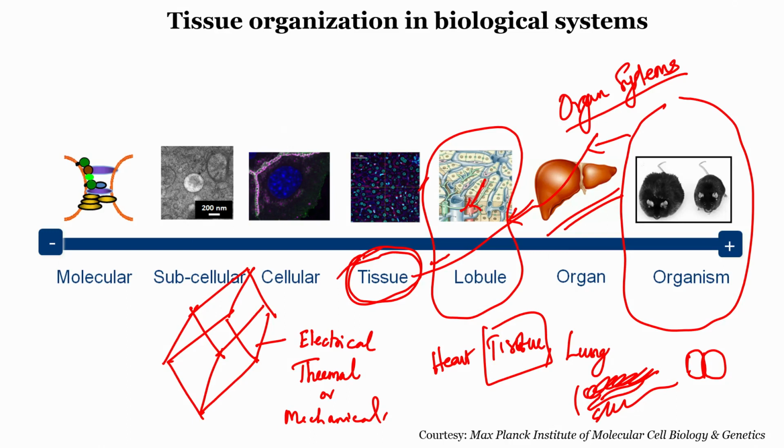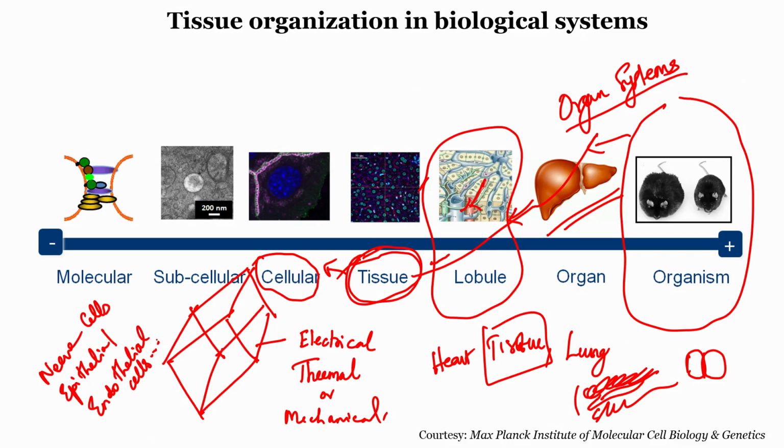Okay. So, tissues are again in turn made up of cells. Cells can also be different types of cells are there, nerve cells, epithelial cells, endothelial cells, a lot of different types of cells are there, and the shape of the cell defines its function.